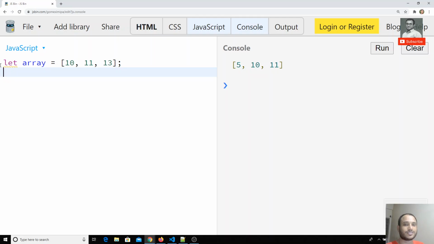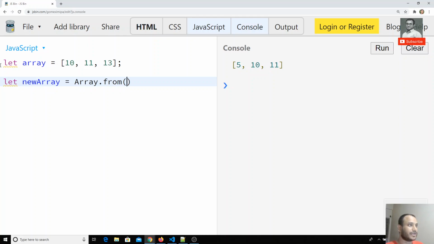What if I want to copy this array? How can I do this? For example, I took a new array and I want to copy this array, so I can use Array.from. Dot from is the new method.